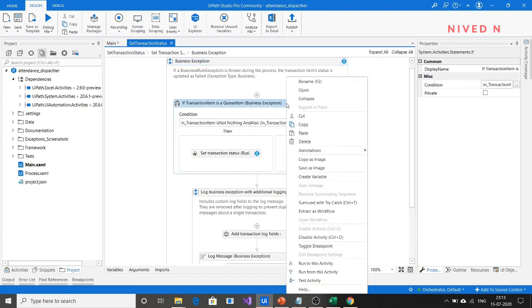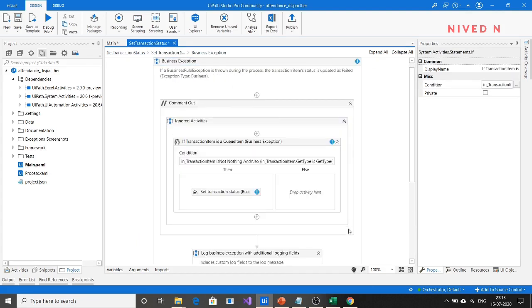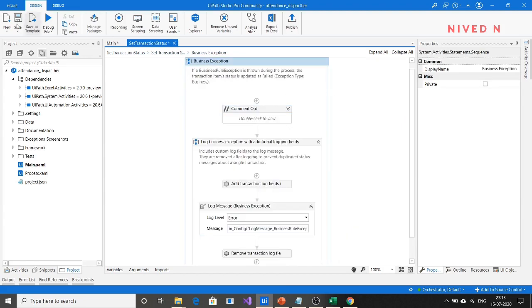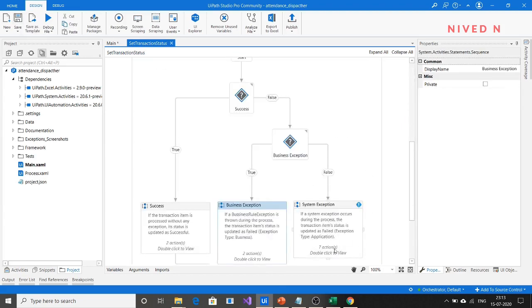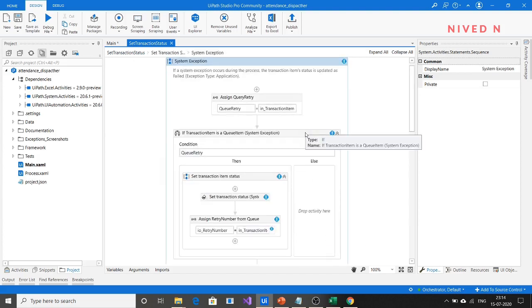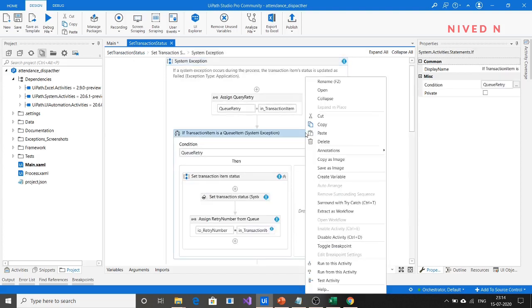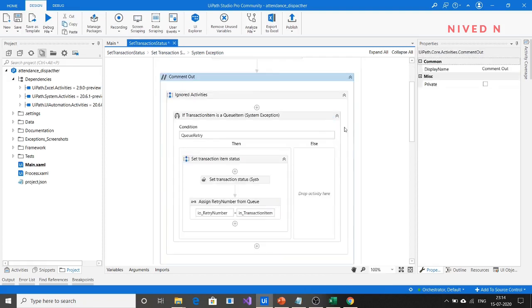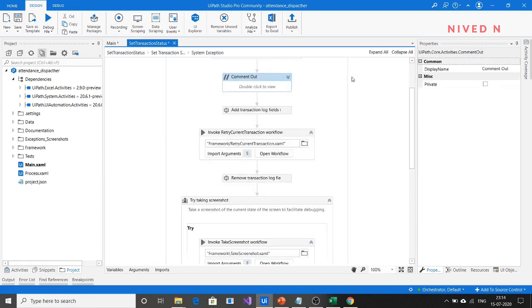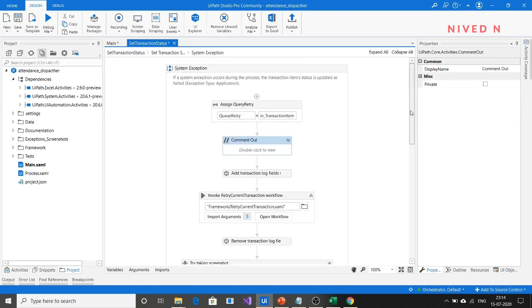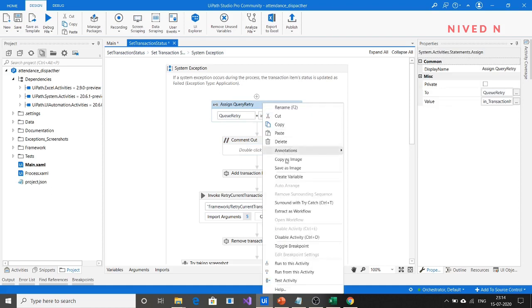Same thing, disable it here also. Save it and go to system exception, disable this activity or this section, and now disable this also, since it is used when the transaction item is a queue item.